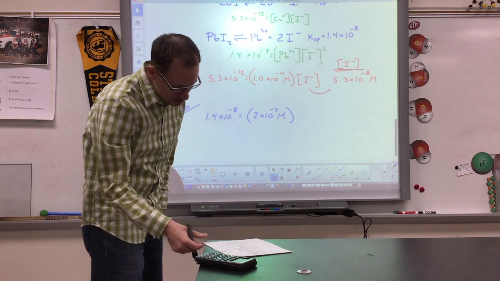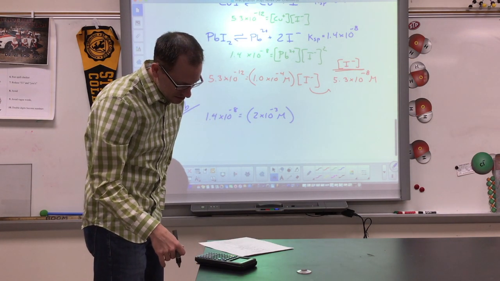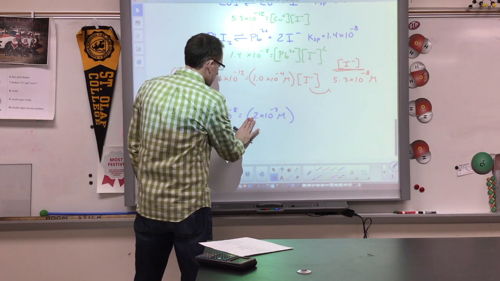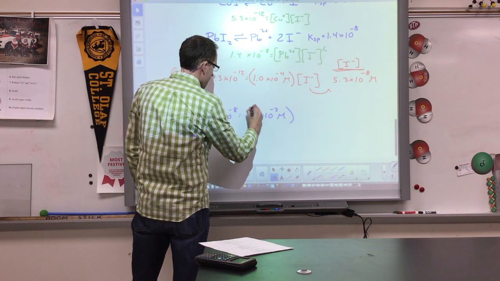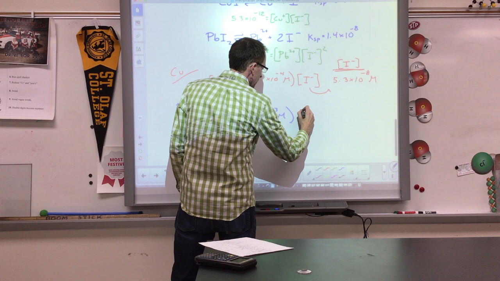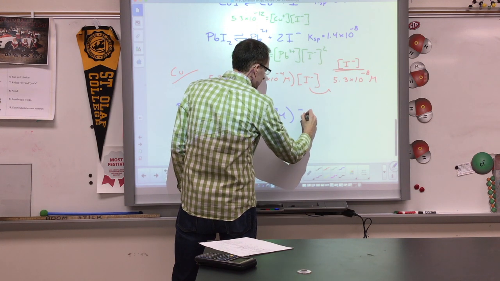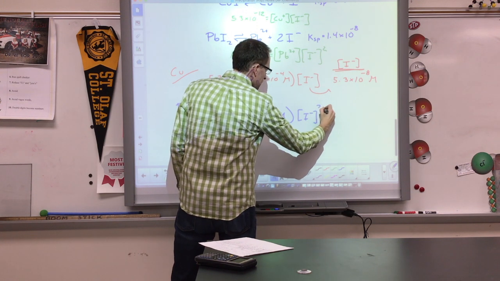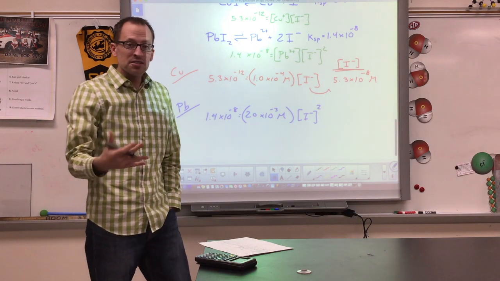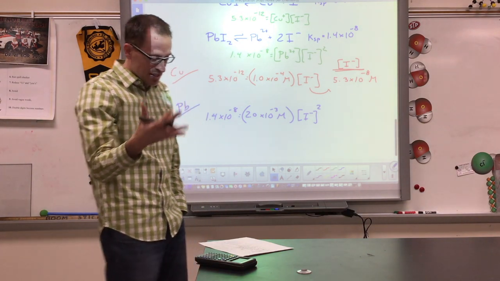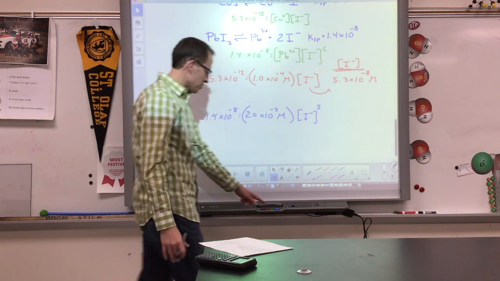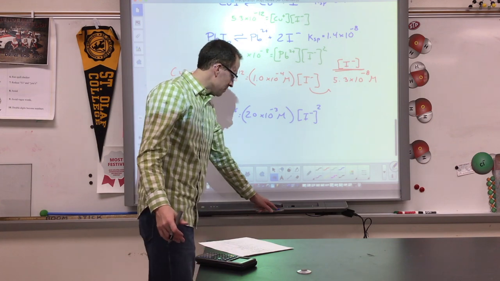I want to make sure I got that number right. And it's 2.0, but it'll still work. And then I'm going to say of my I minus, but I have to square that, so it's like X squared, okay? So when I solve for the I minus for that,